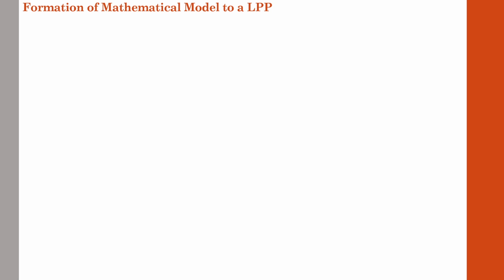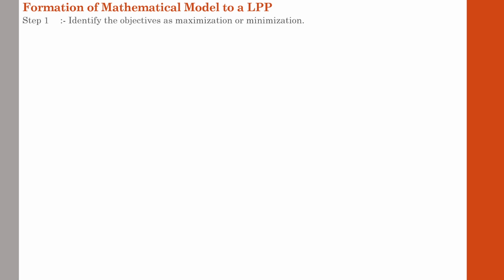Don't worry, in the application level case you will get a clear picture regarding what the mathematical model is and how we can prepare a mathematical model in an LPP. So formulation of a suitable mathematical model to explain the given situation is the starting point of a linear programming technique. So the first step in the formation of a mathematical model is